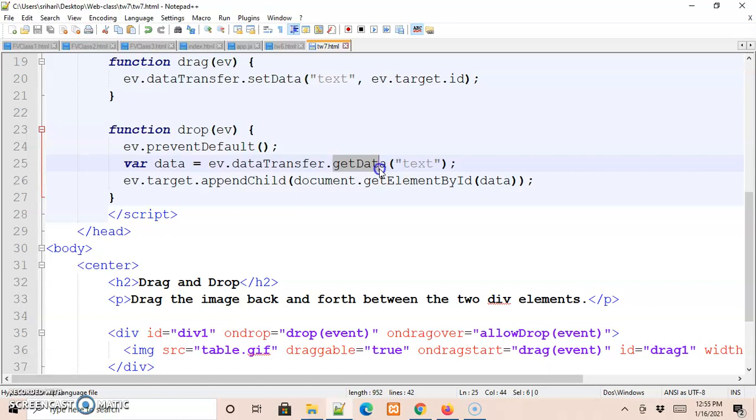Okay, so basically the dataTransfer.getData method retrieves the drag data. This is the main task of the getData method, which will retrieve the drag data with the help of this dataTransfer event, and that too of the specified type. So that gets stored in the data variable. So here it was initially set, now it was retrieved using getData. And now we should be able to add it to the division where it was dropped. So that's why